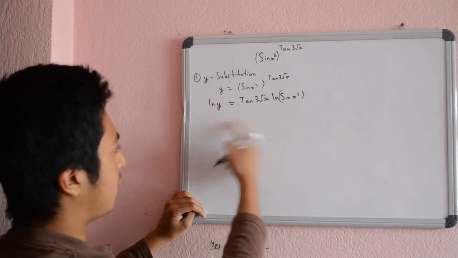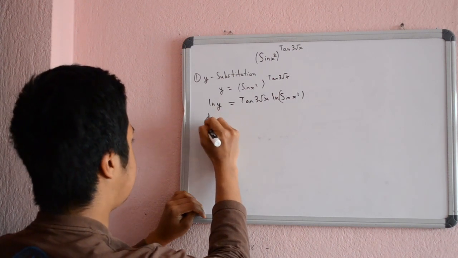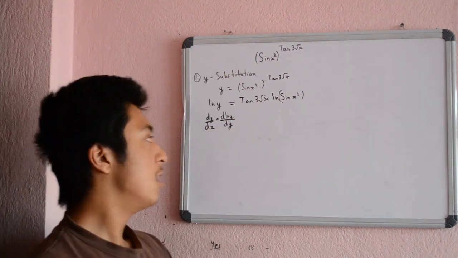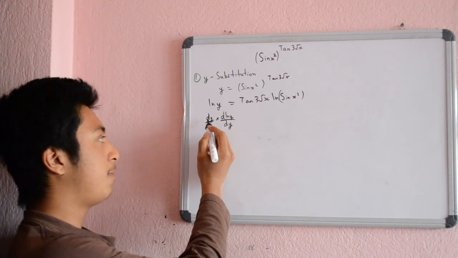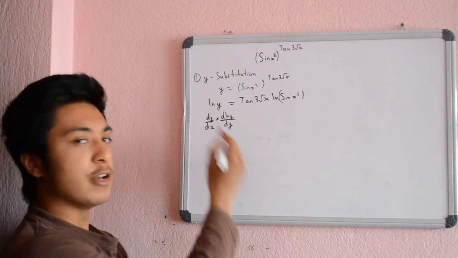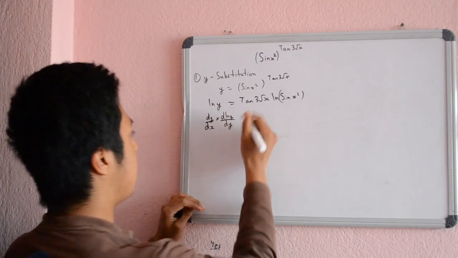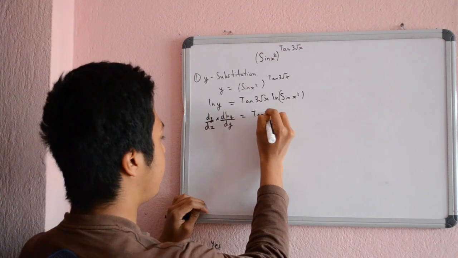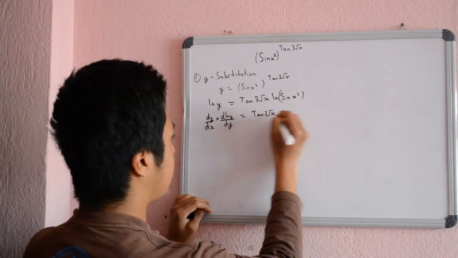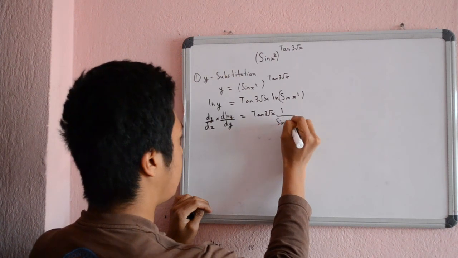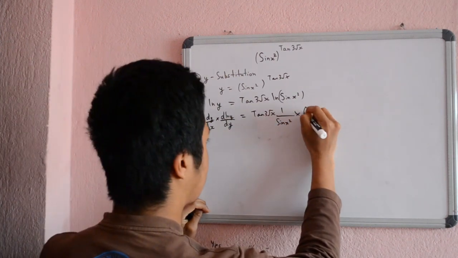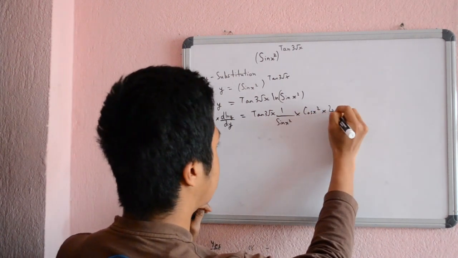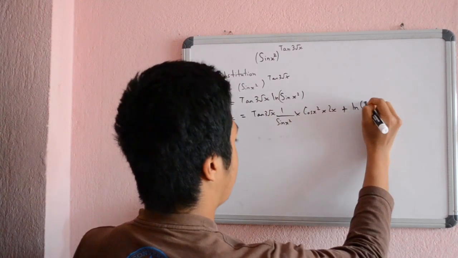And now differentiate both sides, and this will be dy by dx into d ln y by dy. Again, I skipped a step right here. I multiplied by dy on numerator and denominator both sides, just a chain rule. And here on the right hand side, this will be first tan 3 root x. This will be 1 by sine x square into its derivative, which is cos x square. And using the chain rule, I again have to find the derivative of x square, which is 2x, plus ln of sine x square